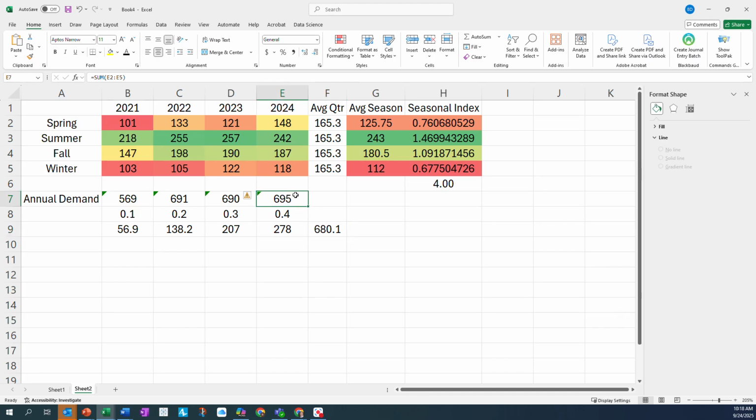So my naive forecast would have been 695. I look at this, right? 680 seems to fit in with some of the other data here. Okay, so now we're going to have my forecasted